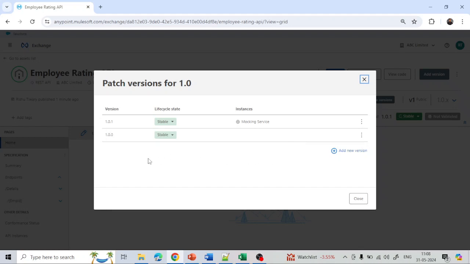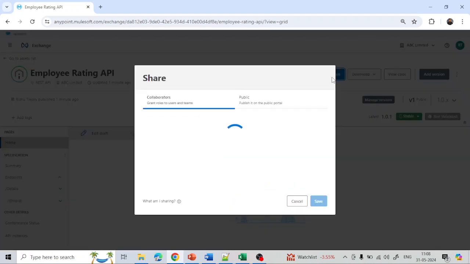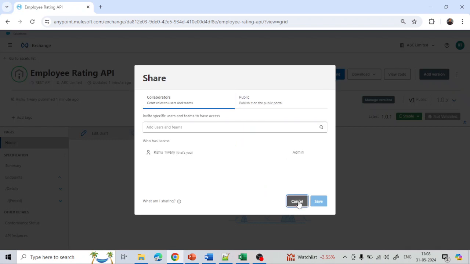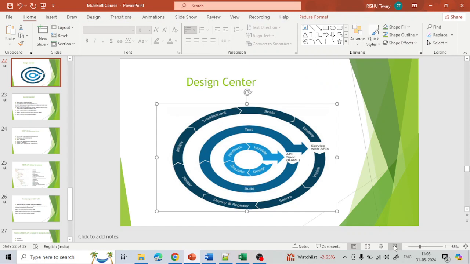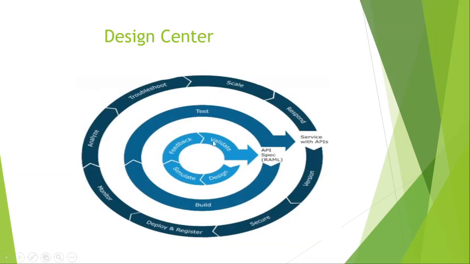So that is the important feature. Now again we are going to share this link with the client, and after that they are going to validate it and give us feedback that they are okay and happy with the solution. Now let's go ahead with building